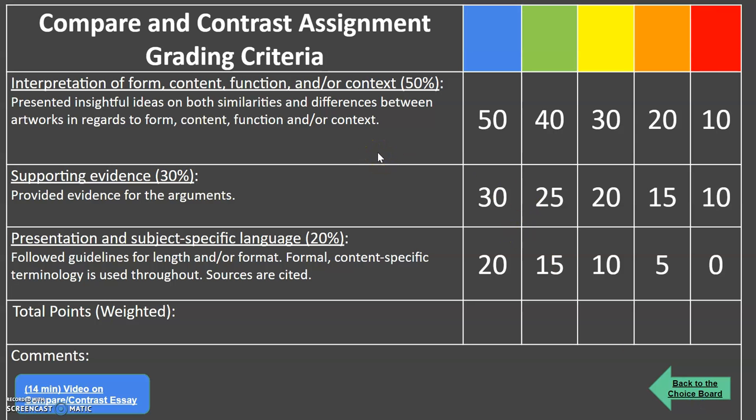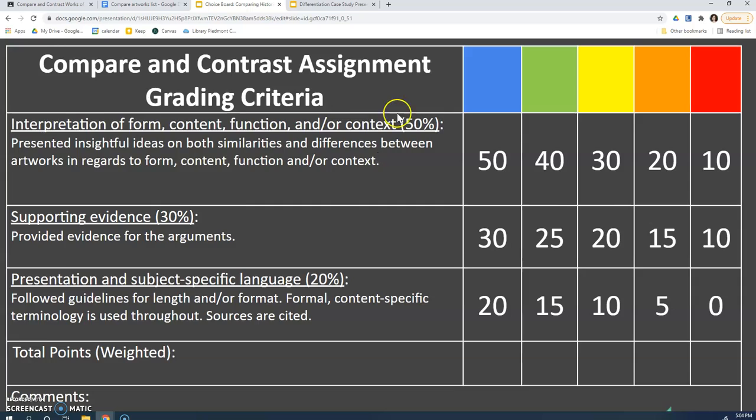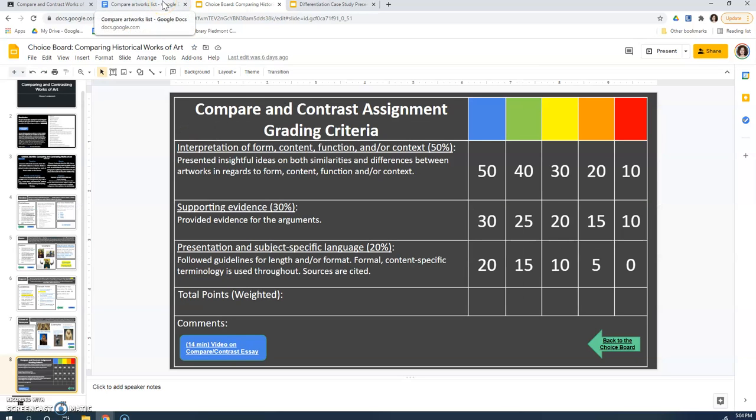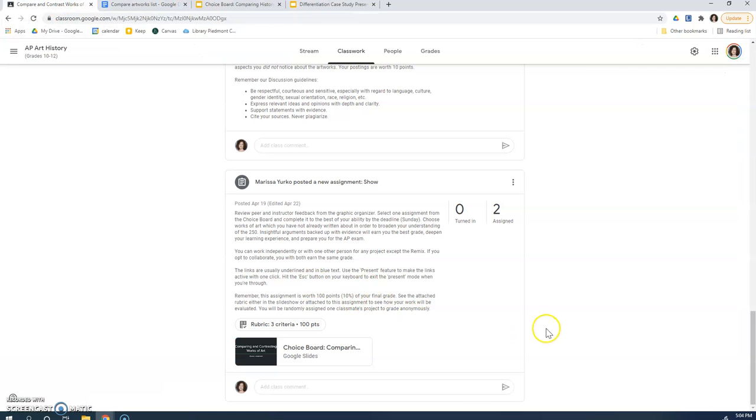And then the rubric within Google Classroom, I don't actually have to calculate. I just click on the differentiation